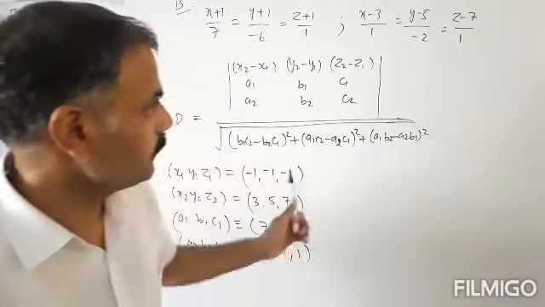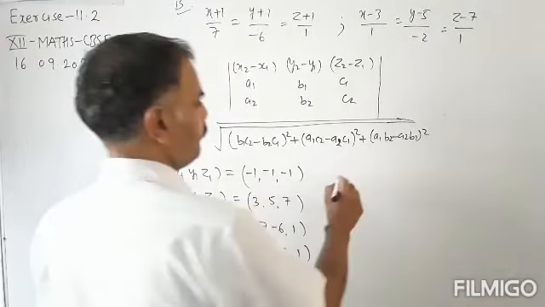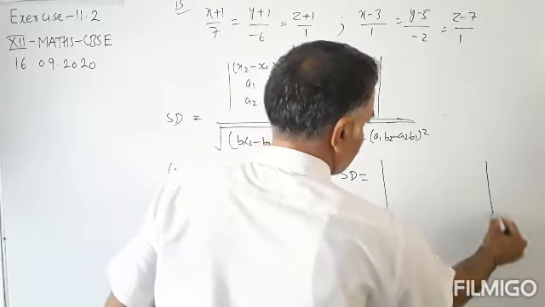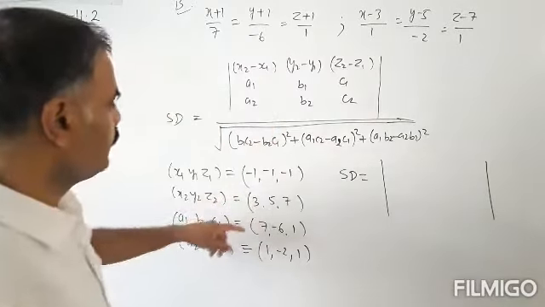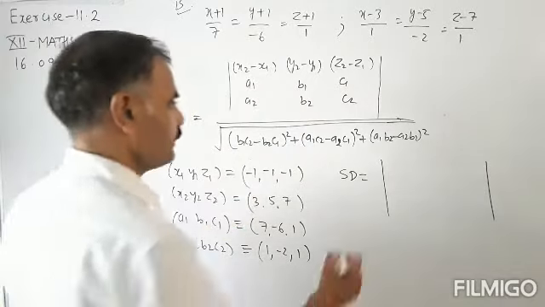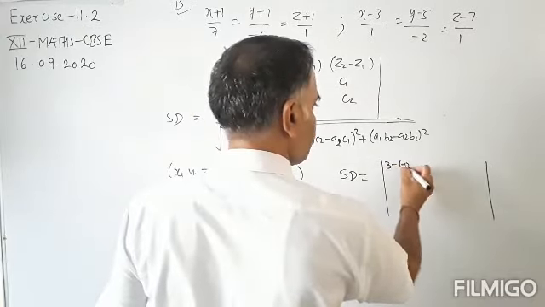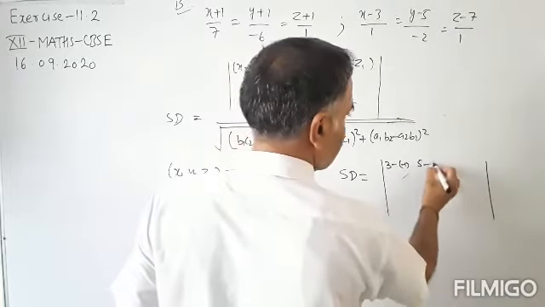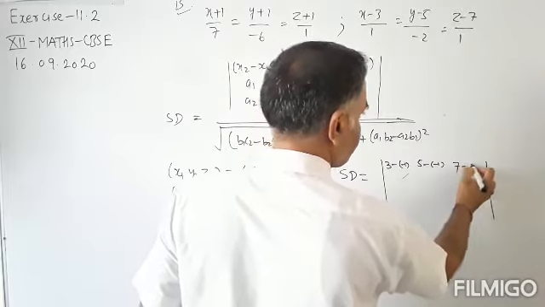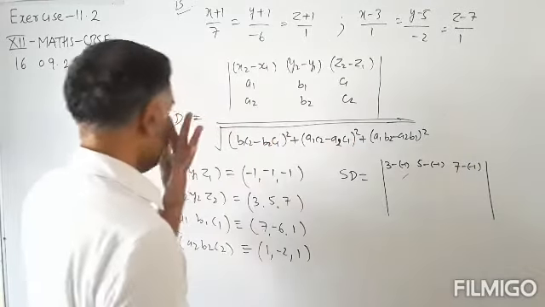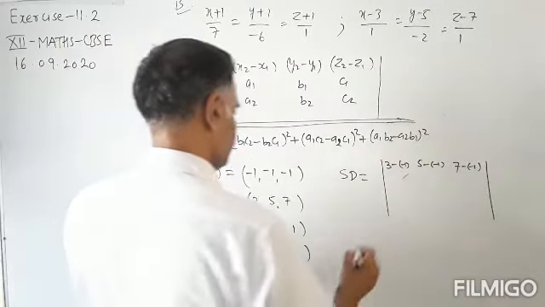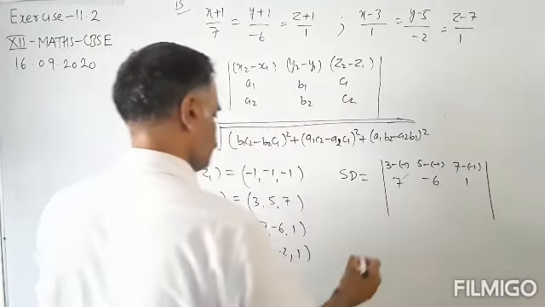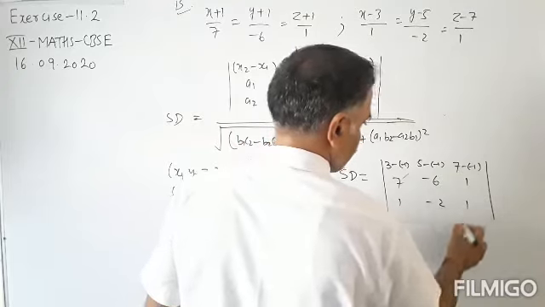So putting these values in the formula, we will have the shortest distance equal to x2 minus x1: 3 minus minus 1, 5 minus minus 1, and 7 minus minus 1. And a1 b1 c1, 7 minus 6 and 1, a2 b2 c2, 1 minus 2 and 1, divided by